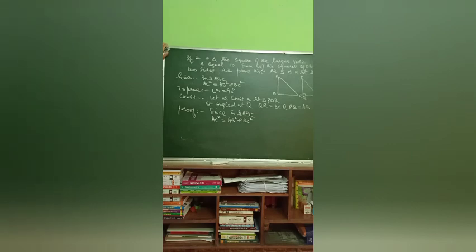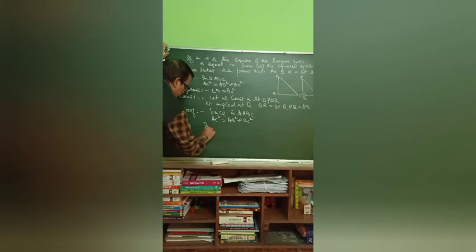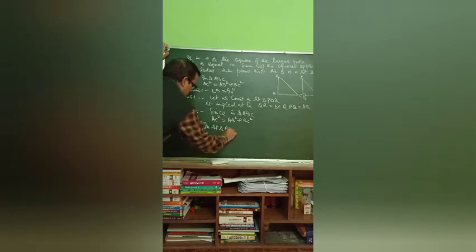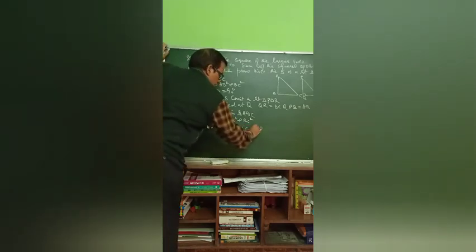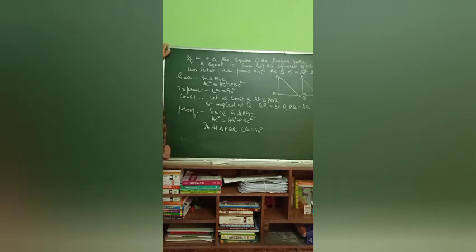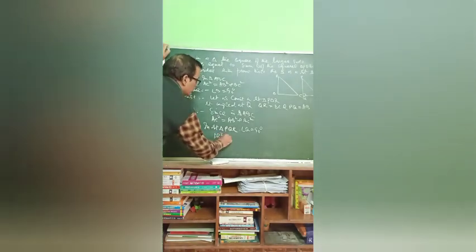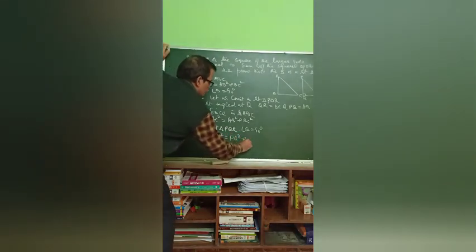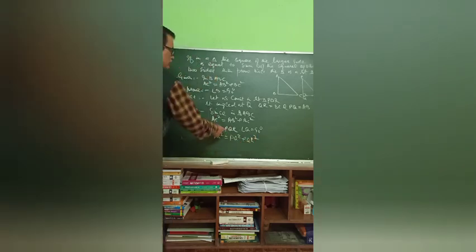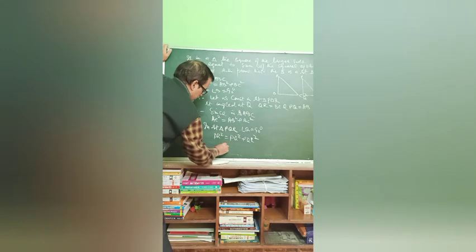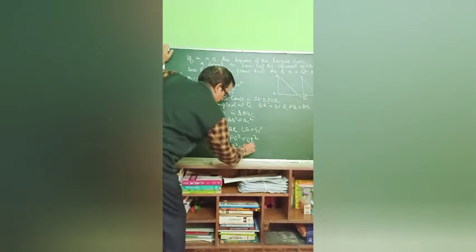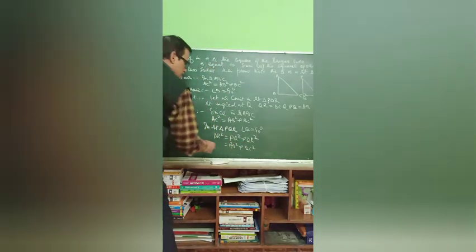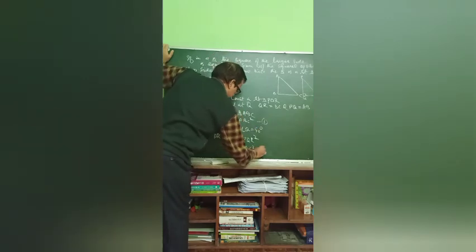Now also in right triangle PQR, angle Q is equal to 90 degrees. By Pythagoras theorem, which we have done before, if the triangle is a right triangle, then the square of the hypotenuse, PR square, is equal to PQ square plus QR square. So PQ's value we will give, PQ is AB, so AB square plus QR is BC square. Because square is there, square will remain here. This is the second one, this is the first one.